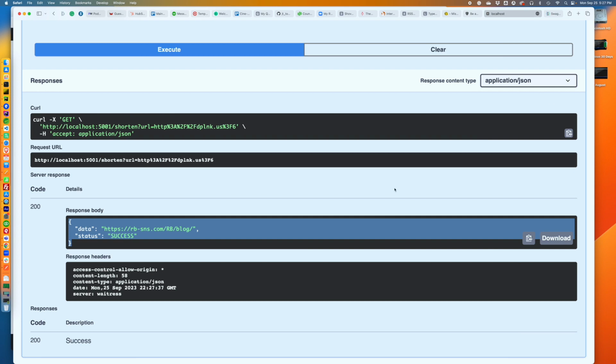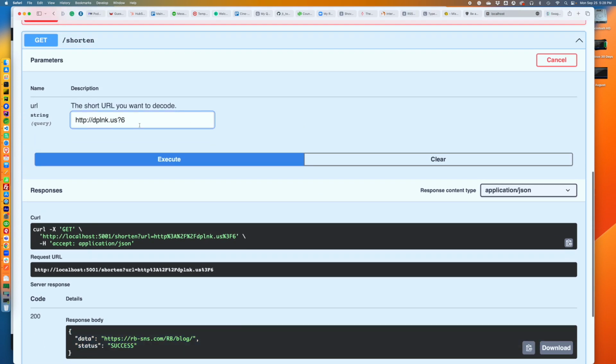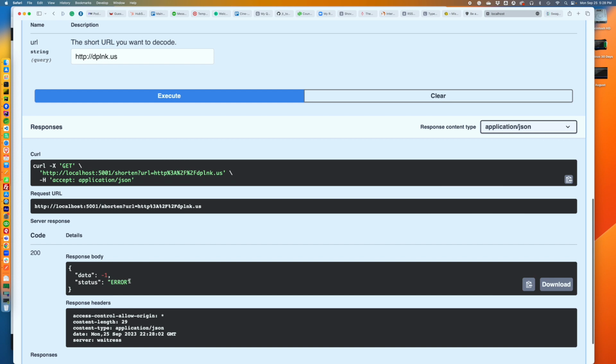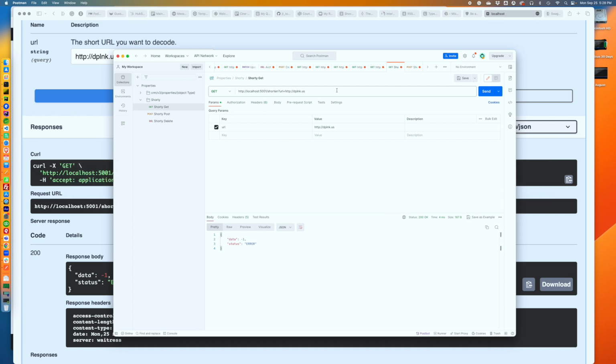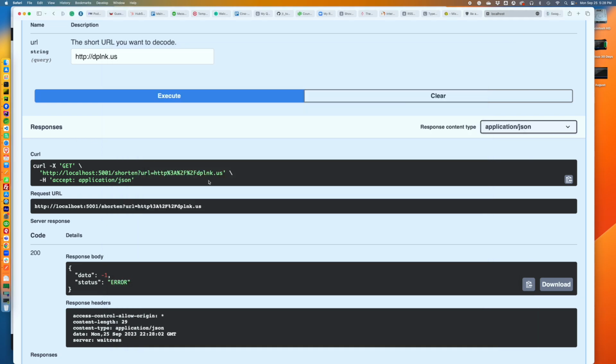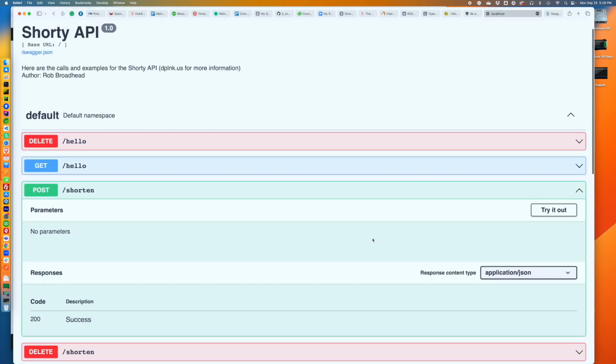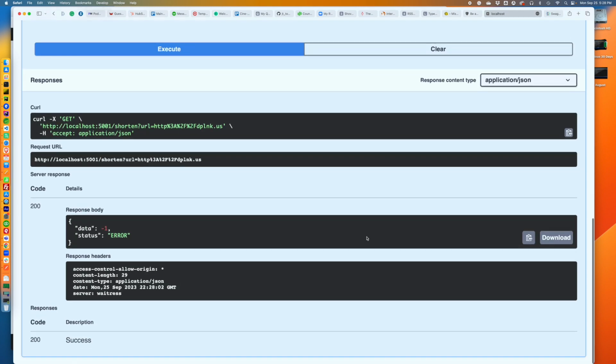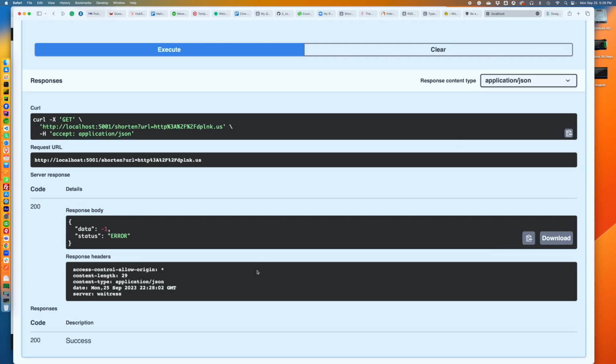I'm also going to see, if I go here, v execute, then I see data -1 error. So I can actually play around with this, like I said, just like if I'm sitting in Postman. I can make the calls and actually get something fairly useful out of it. So I can do a lot of testing before I even set up anything else. I can do it right in here with Swagger, and notice that